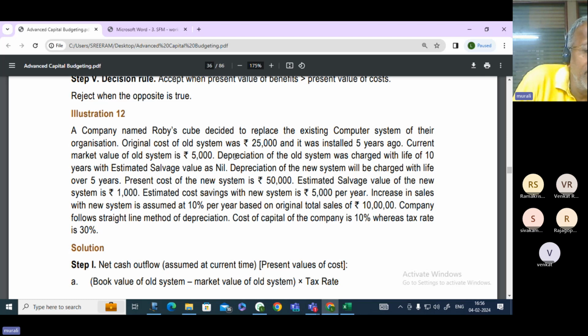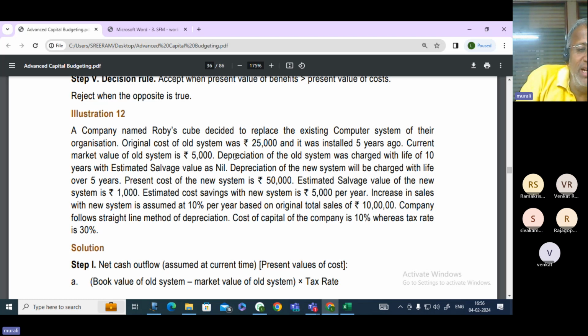Depreciation, the new system is to be charged for the remaining 5 years, and the present cost is 50,000, and they estimate the salvage value of the new one is 1,000. So this will result in 49,000 to be knocked off in 5 years. And the cost saving in the new system is likely to give them 5,000 rupees. An increase in sales with the new system is assumed to be 10% per year based on the original total sales of,